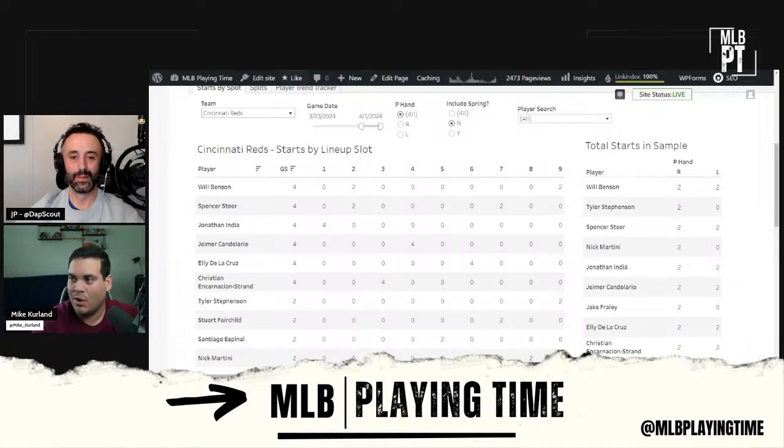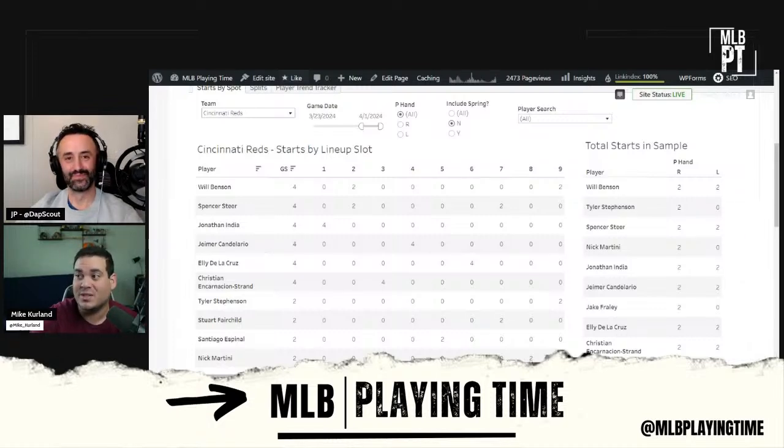But he's hitting the ball hard. He's barreling it well early on. We're talking such a small sample, it doesn't really matter. The strikeouts are a concern. There is some swing and miss in his game. So the batting average will be a problem. I know right now the batting average is good, but that's because Benson has a .571 BABIP. Sorry to break it to you. Even with that ballpark, .571's not happening.